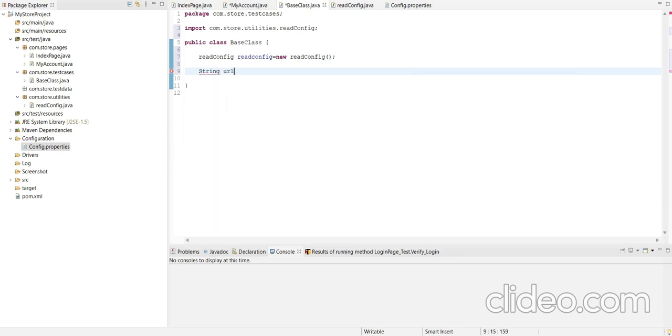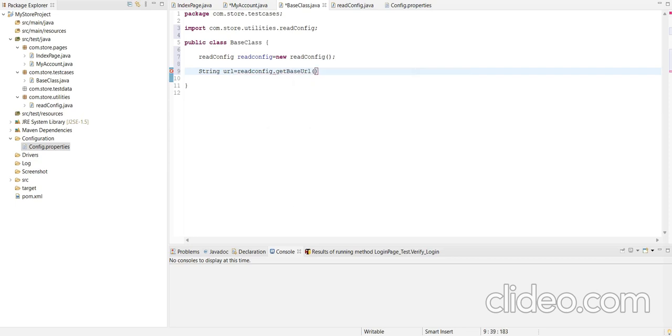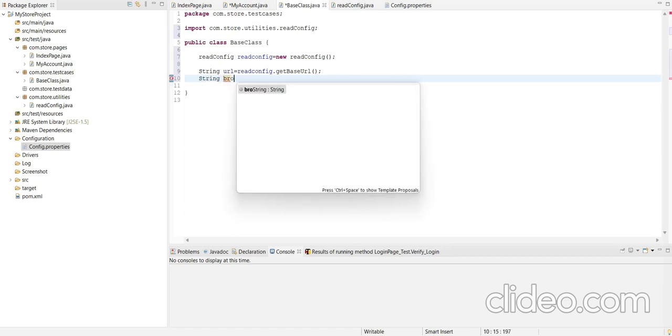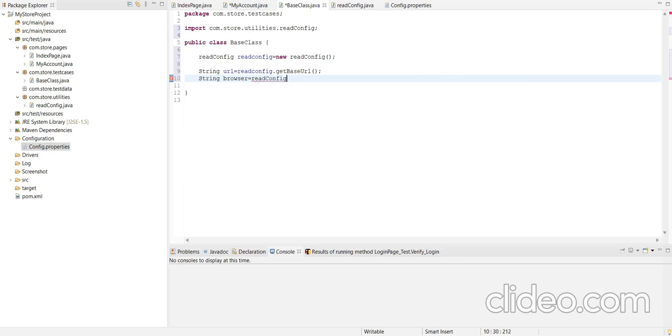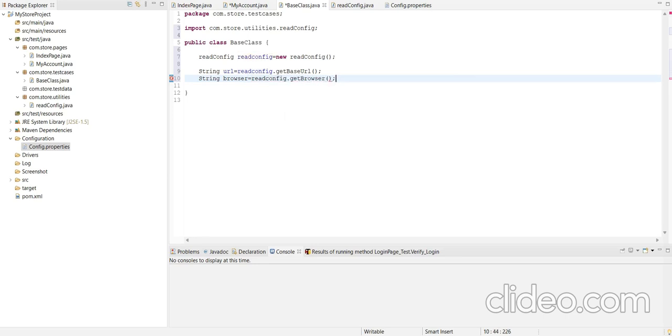So String url equal to readConfig.getBaseURL, and also we will create a new variable for browser with the help of the ReadConfig class, readConfig.getBrowser. In this way, we read the variables from the config.properties file.